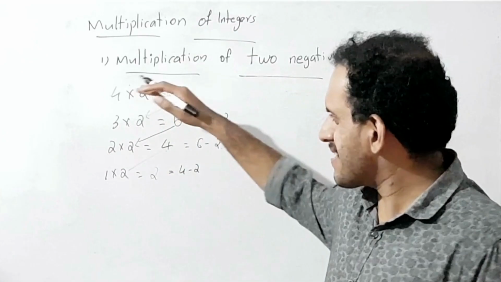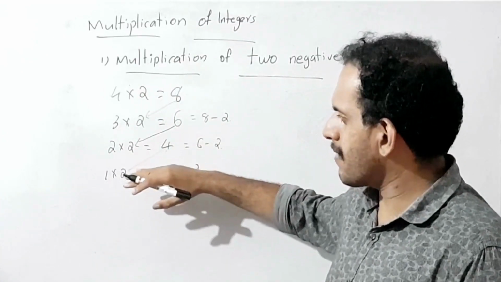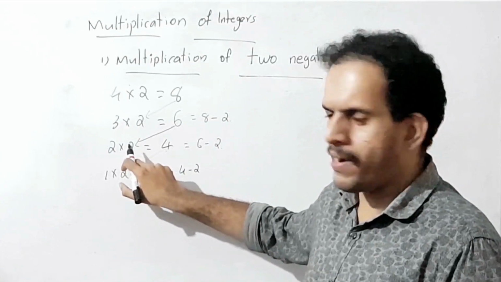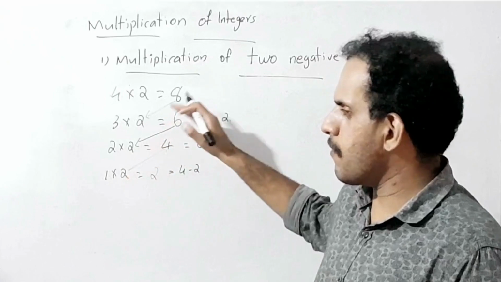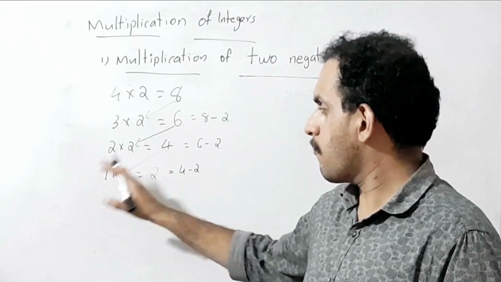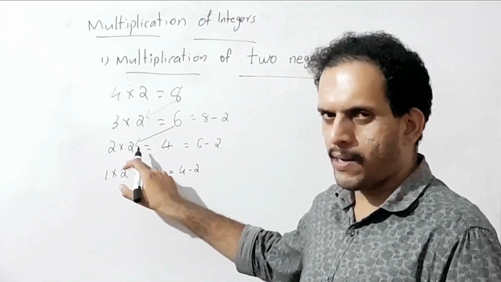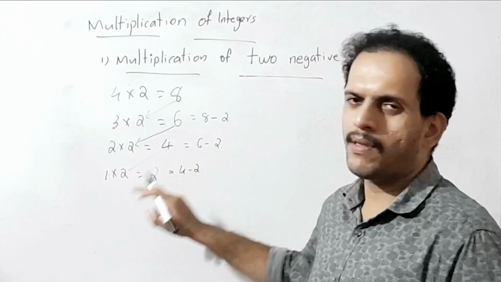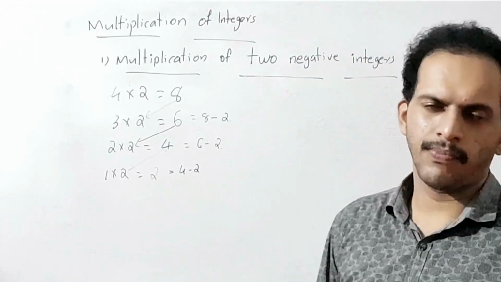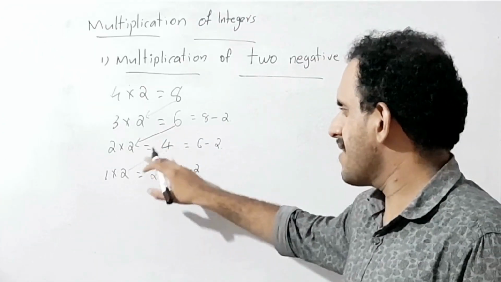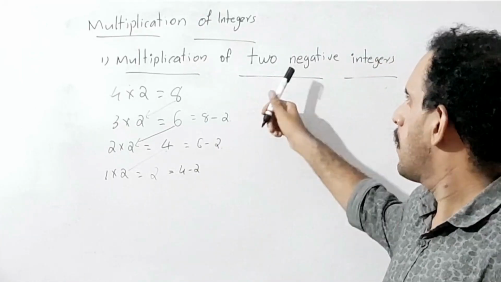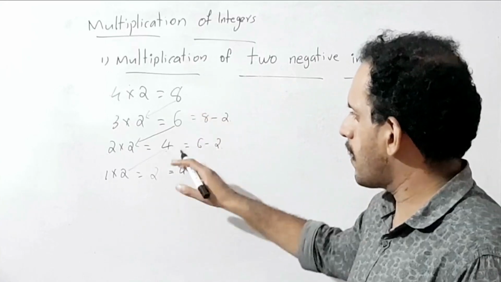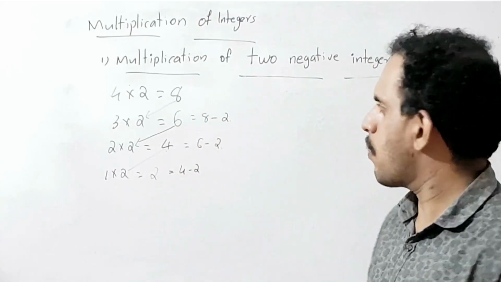Okay. Then in this idea, we subtract the number a number of times. How many times? We subtract the number from the previous answer, and we get the result step by step. We follow this idea for finding the multiplication of two negative integers. I think the idea is clear. So we go to the next one.